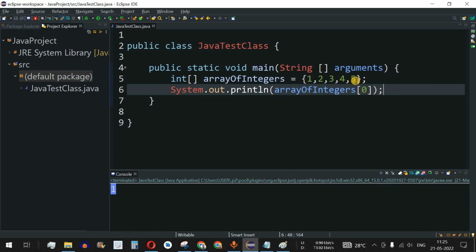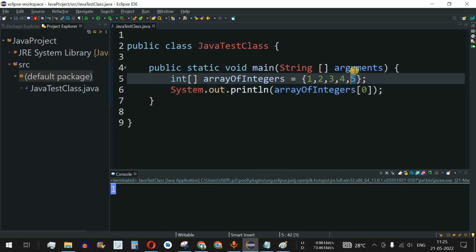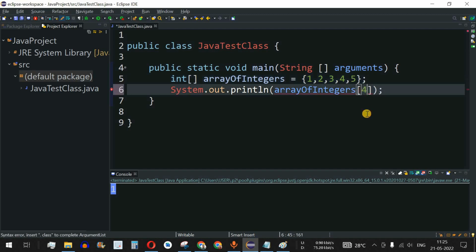In the similar way, let's say we want to print the last element, that is value 5. So the index of this value 5 is 4. That's because the indices start from 0. So it is 0, 1, 2, 3 and then 4. So if we provide the value 4 as the index, so let me just save this file and try running this code. So as we can see, 5 is getting printed,